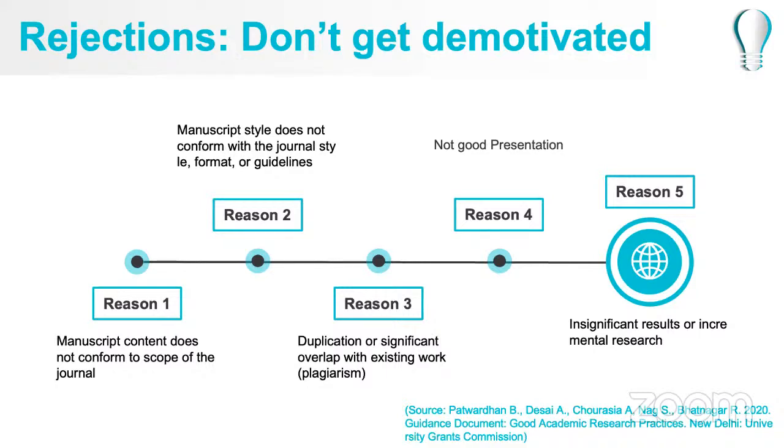Then, duplication or significant overlap with existing work. See, they never say plagiarized. They will not say your article is plagiarized, right? They will always say that there is an overlap with existing work or a duplication of work, right? Or unattributed text, meaning you have not cited the articles properly, right? Then